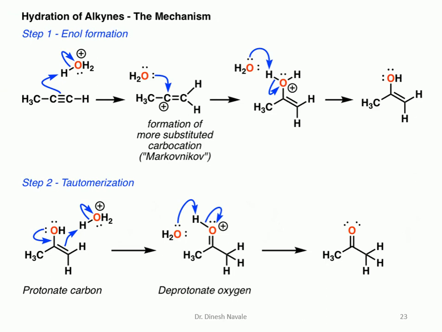So this is also the same mechanism in another way. We can see that water will be added across the triple bond, making this a carbocation. Water will be added in this step. In the next step there is a formation of enol, and in the last step, the second step, enol will be converted into the ketone. So the first step is the addition of water by Markovnikov's rule, and the second step is the tautomerization of enol into the aldehyde or ketone.